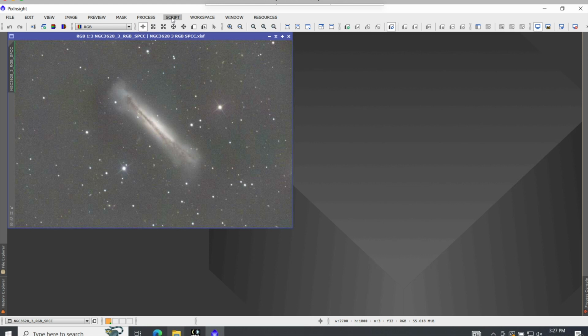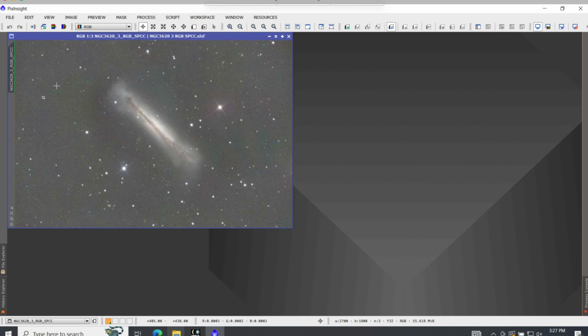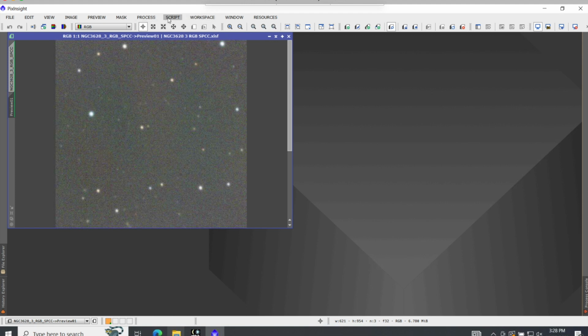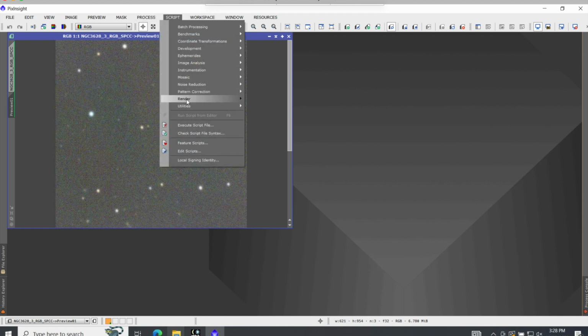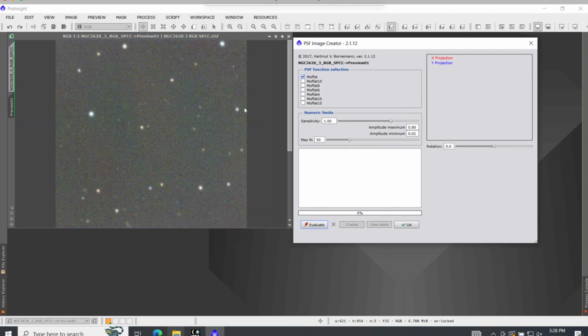So we're going to go to Script. Actually, before we do that, we're going to make a preview, because we want to remember that we just need to do stars. We just need to select stars. So there's a little preview. We've just got some stars in it. There she is. Go under Script, Render, PSF Image, PSF standing for Point Spread Function. And we have the preview selected, not the entire image. So when we hit Evaluate here,